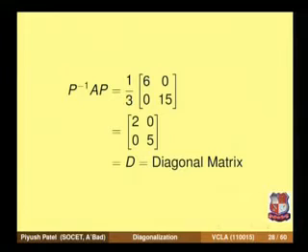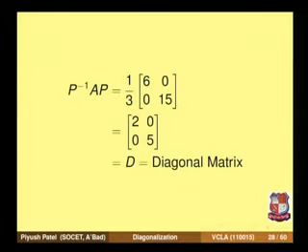So observe the matrix 2 0 0 5, that is the resultant diagonal matrix, in which the diagonal entries are exactly 2 and 5, which are nothing but the eigenvalues of the matrix A. And as I have remarked earlier, the model matrix P is also not unique, and hence the diagonal matrix